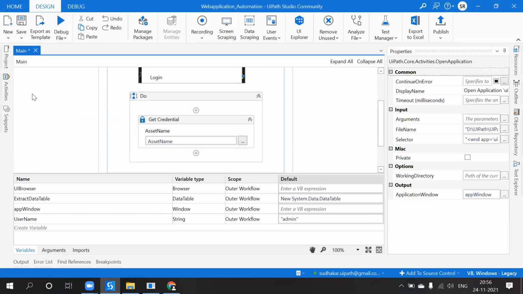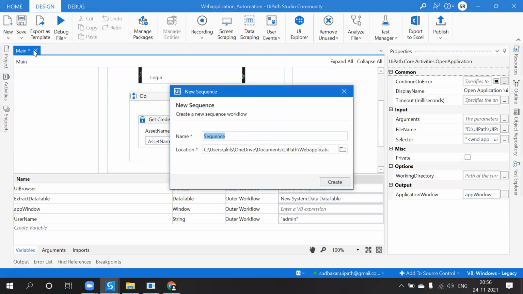Come over here. So I am going to create one new sequence. I'm giving the name as login.